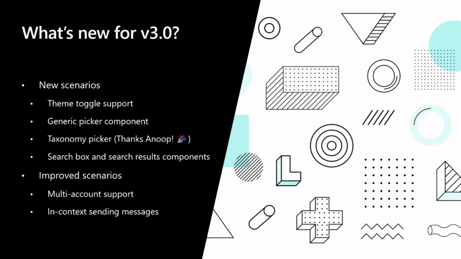The beauty here is that MGT is a fully open source project, and we built a really successful community around it. Anoop from the community, who is an MVP, came to us and said, I think the toolkit would deserve a taxonomy picker, built on the taxonomy APIs on Microsoft Graph. So with Anoop, we designed it together. We had some sessions to brainstorm on how this could work. Anoop built the design, built the spec, built even the control, did a PR to us, and now it's going to be part of V3 of the Graph Toolkit.